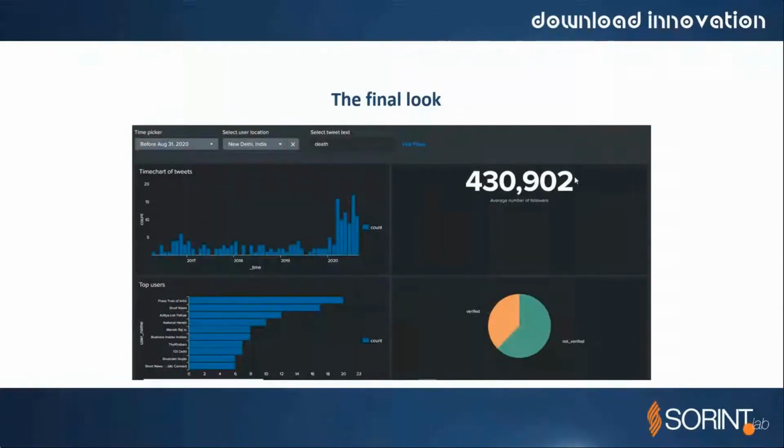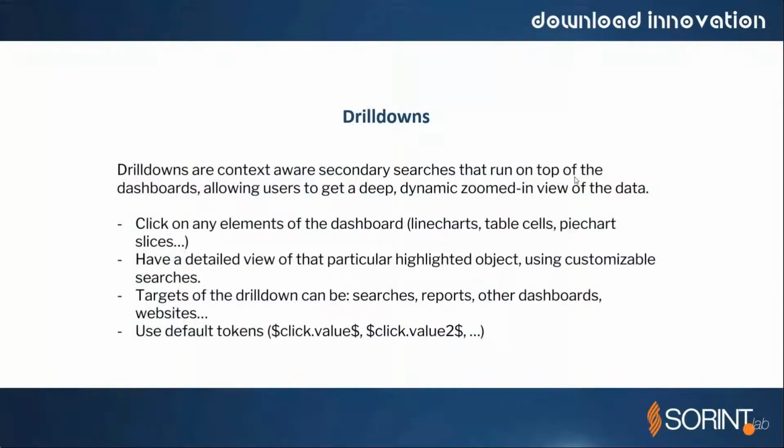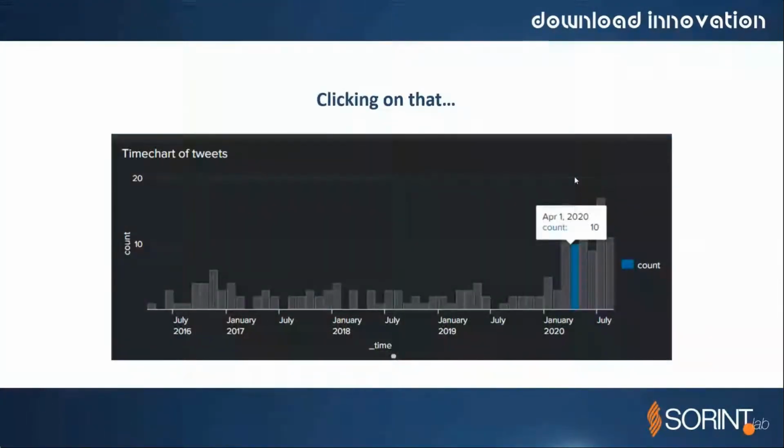So let's suppose that we just want that data, and not only, but we want to be able to do that by just clicking on the bar corresponding to the month of April. This is possible, and the final information can also take any form. So we can link to searches, we can link to reports, to other dashboards, and also to general websites. So clicking on this bar, we see we have 10 events, so we should get 10 tweets,